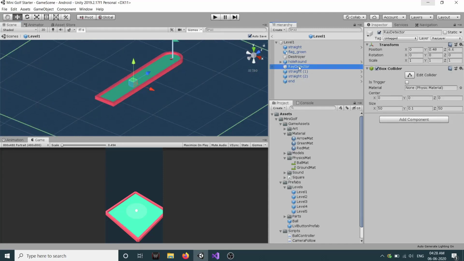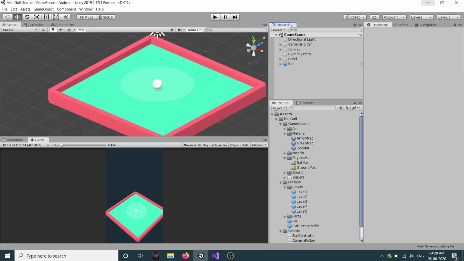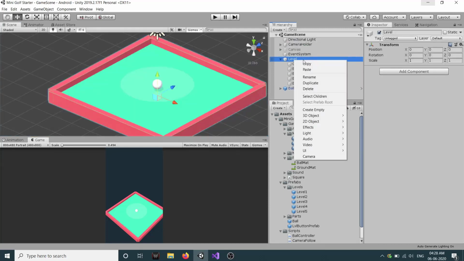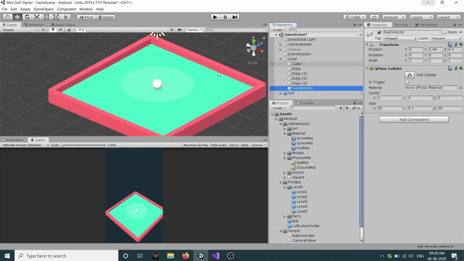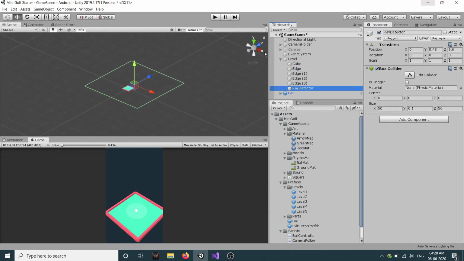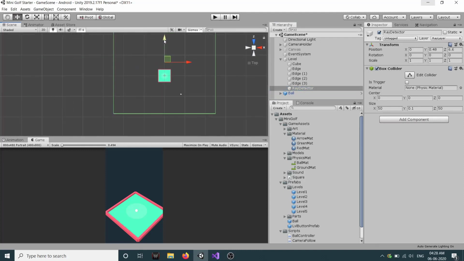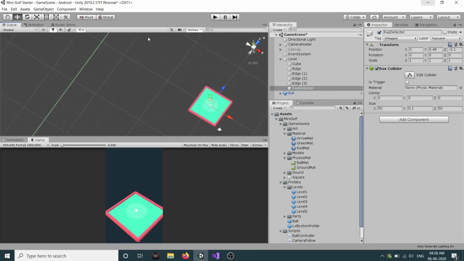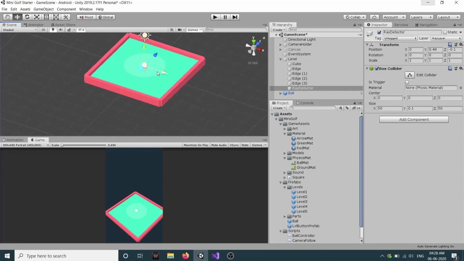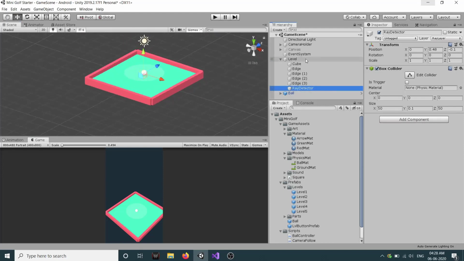So I'll just copy this, go back to our game, and in our level I will paste it. Okay, as you can see it is big enough. Let's move it here. Now we have this ray detector added to our level, and you can also see the layer. Our ray detector is on a different layer, which is the Ray layer. If you don't have this layer in your game, you can just click here, click on add, and add this layer to it.